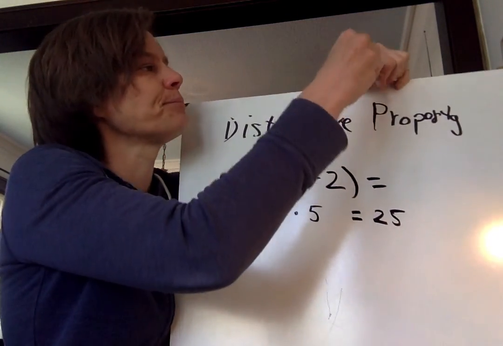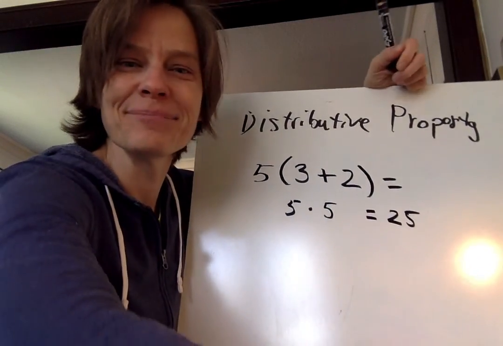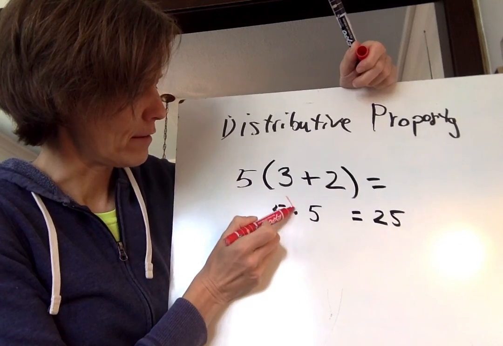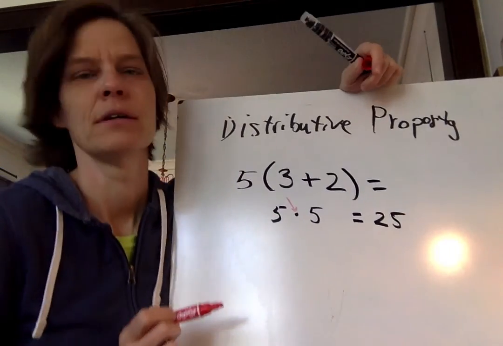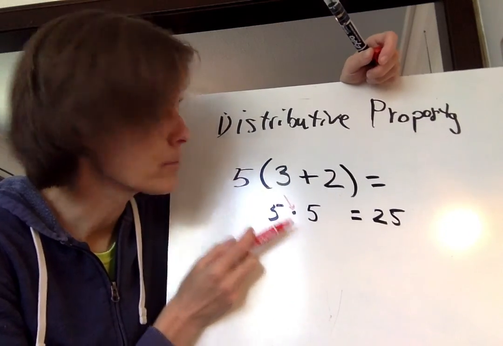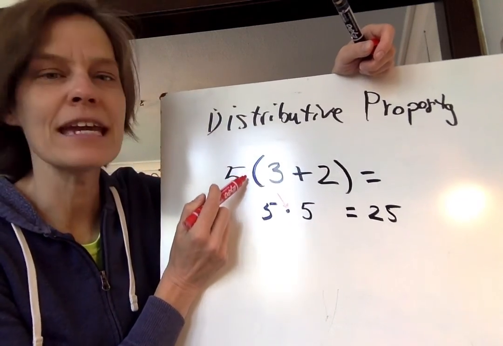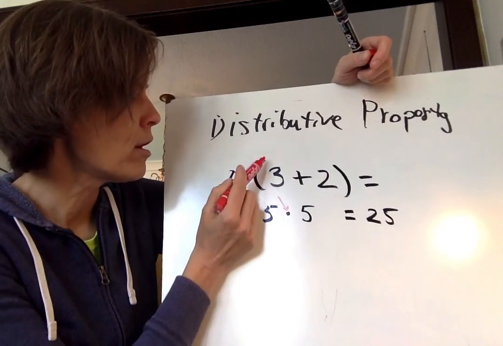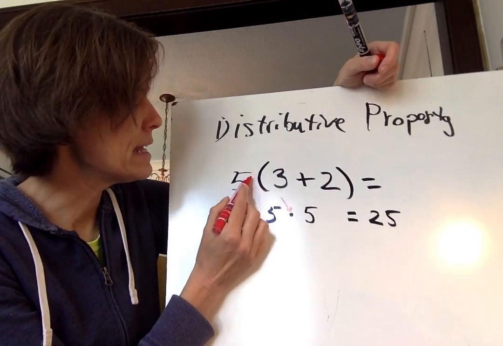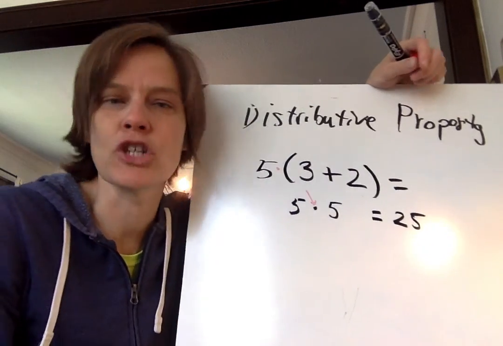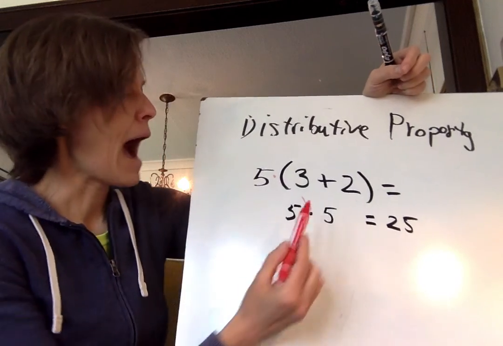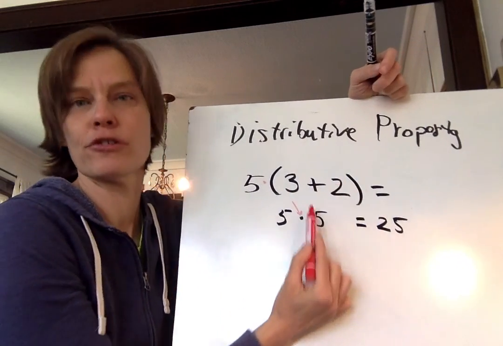Now, don't forget this. Did you see? I put this in here, right? Multiplication, right? Remember, we need to know our symbols. Because this right here, when I wrote it there, when you have a number butted up, or a variable, butted up against the parentheses, it is a multiplication. Okay? So, I added these together first